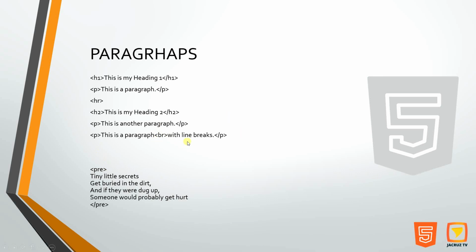And then another content with line breaks. Okay, so the output of this one is you are having two rows. Okay, this is a paragraph for the first row with line breaks for the second row. So that's the purpose of BR. So pwede po yun. It's again a nesting. Okay, elements inside an element. And then you will be asking, sir, for a paragraph, what if I want to create